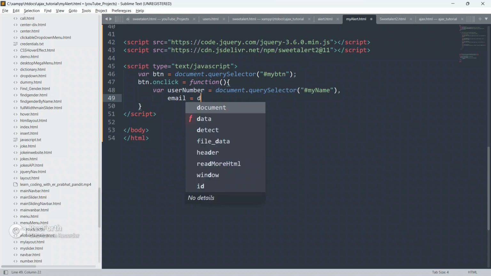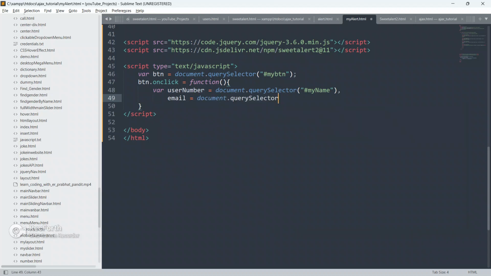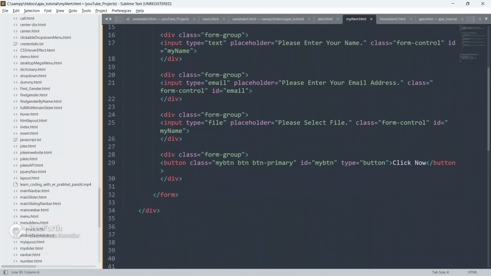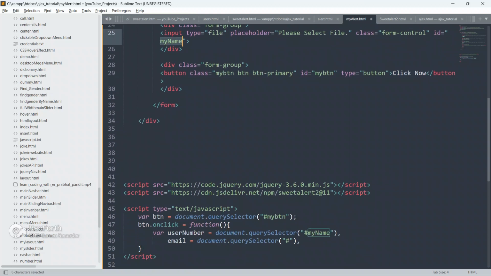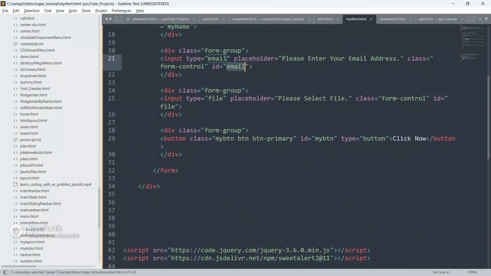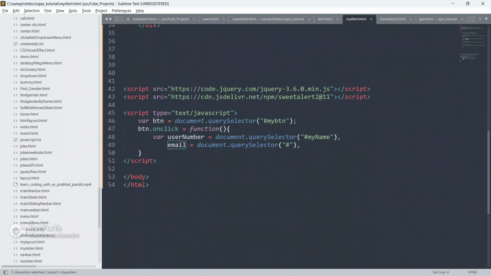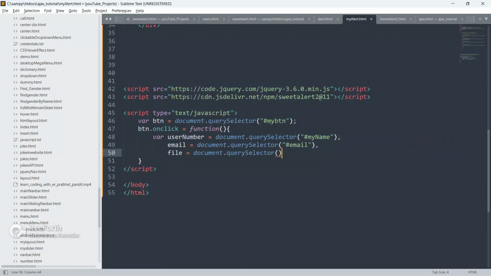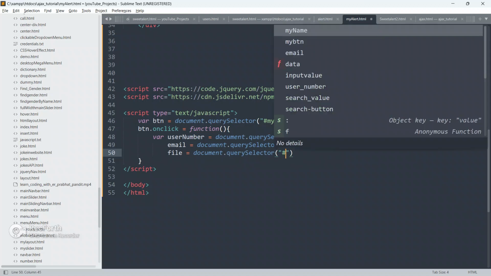Create another variable as email, document dot query selector. We are gonna select this email, with its ID as email. We are gonna select the second element, the second input field. And again for file, document dot query selector,